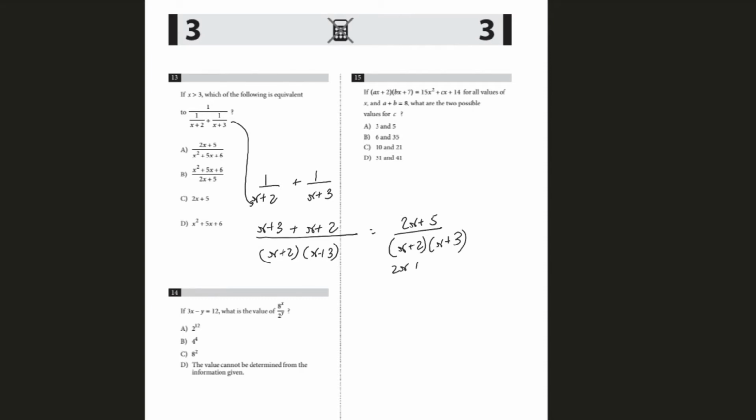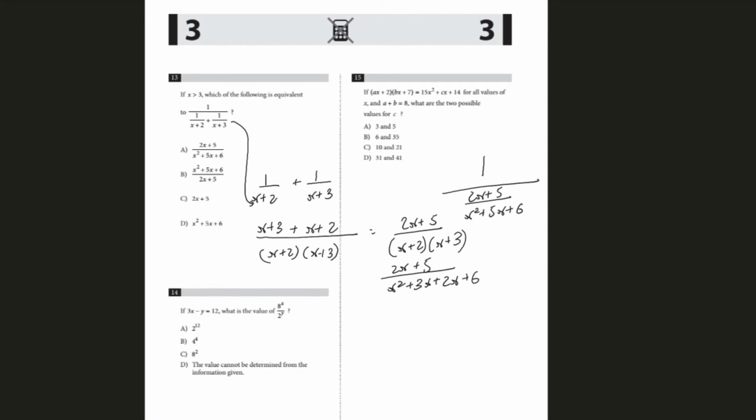Simplify this further: x plus 2 times x plus 3 gives x square plus 5x plus 6, and this gives you 2x plus 5 over x square plus 5x plus 6, and this entire thing is the denominator of